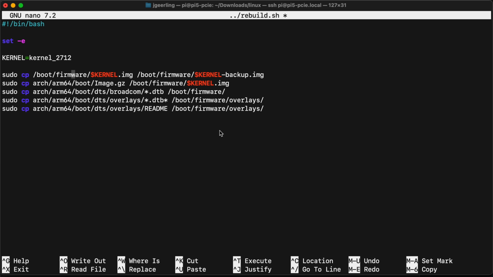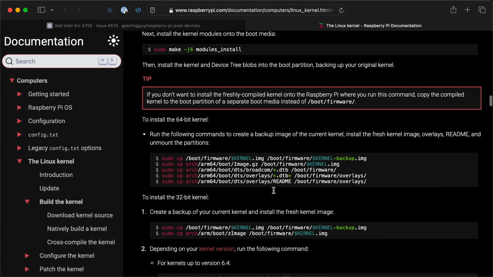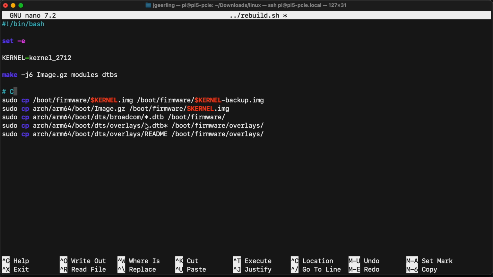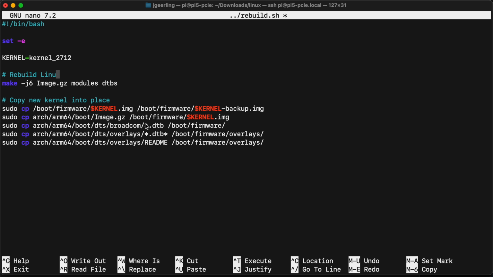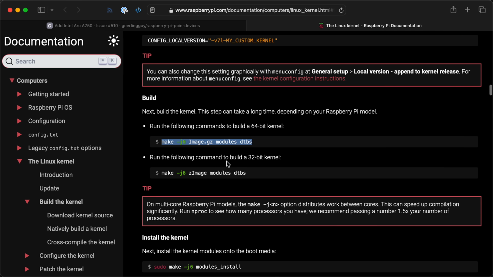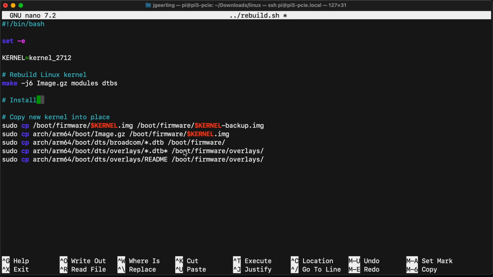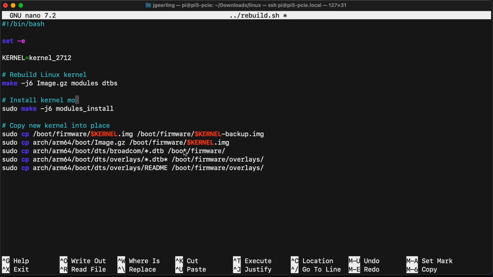Now all I have to do is run the script, and it will do everything for me once I tweak the source code. So this script rebuilds the kernel, installs the modules, and copies the kernel and all the device tree files and all that stuff into the right places on the Pi. Now, the way that I'm doing it, the default way here, is it's actually going to overwrite the kernel that's on the Pi right now. But you can also name the kernel something else and have it not overwrite the kernel, so you can switch back and forth. And Raspberry Pi has instructions for that as well in their full set of instructions on their